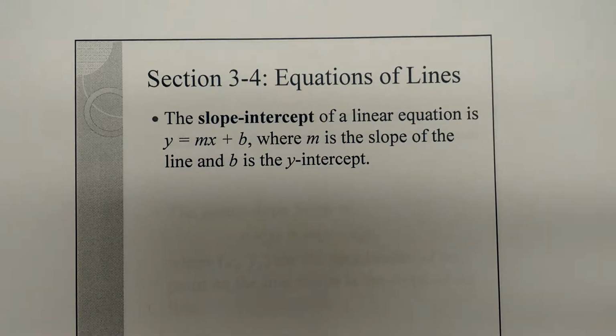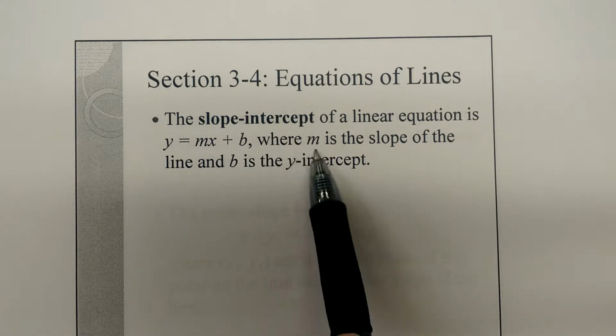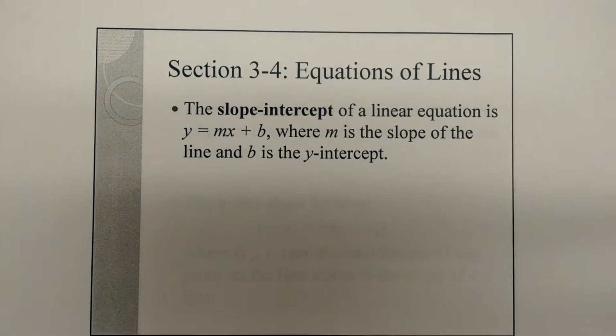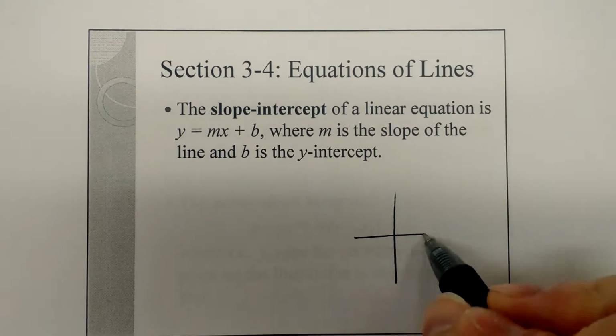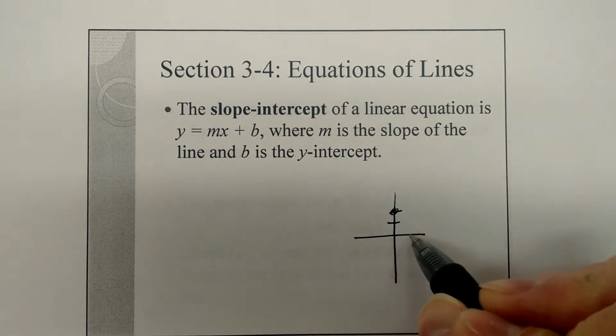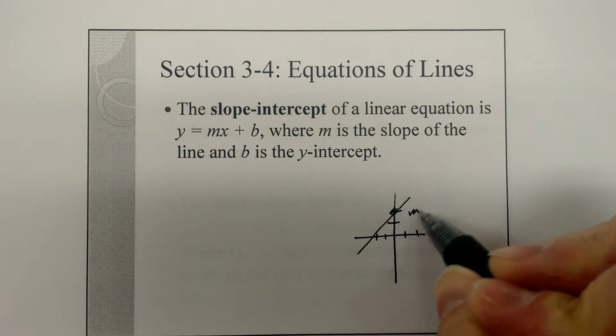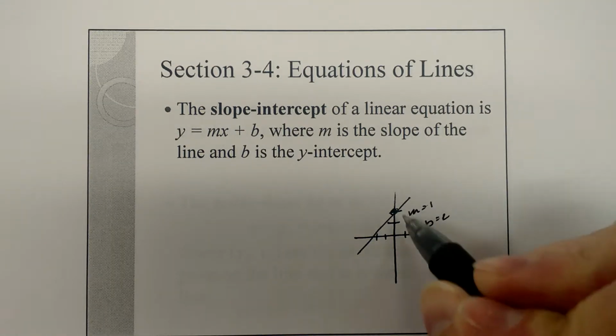So slope-intercept looks like y equals mx plus b, where m is the slope and b is the y-intercept, which is where it crosses the y-axis. So, for example, in this case, this line would have an m value of 1 and a b value of 2 as it crosses the y-axis